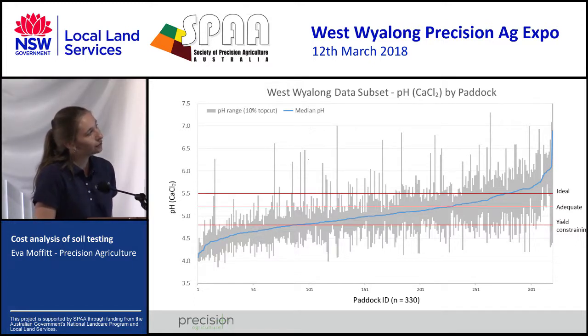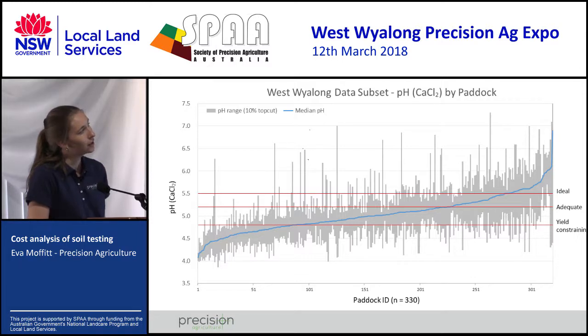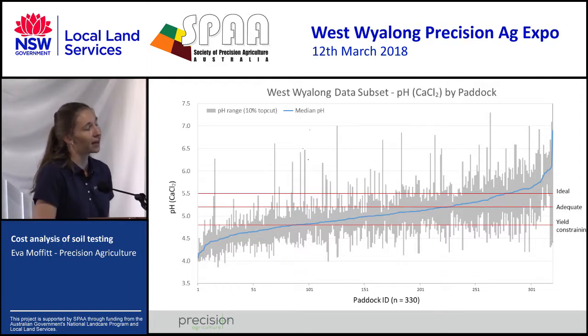Things to note: only about maybe 1/8 of the average pHs were above 5.5, but a whole bunch of the data, in fact almost 25% of the data, was above 5.5. So there's a whole lot of areas within paddocks that don't need liming that aren't picked up by that average soil test, I guess you'd say. Down this end, these paddocks here, I'd say,